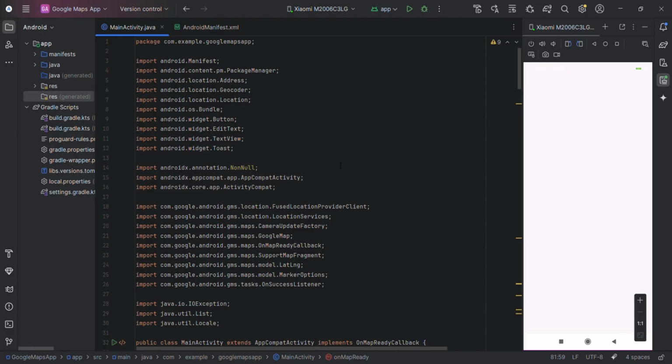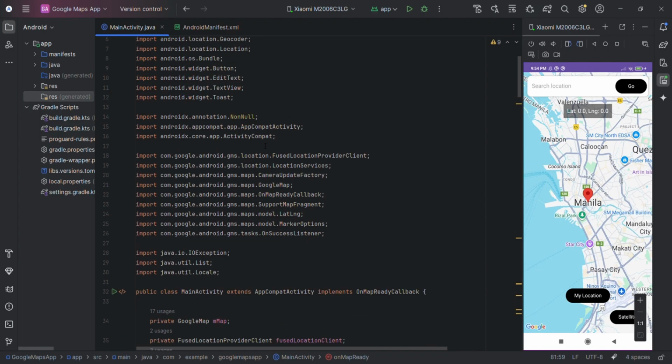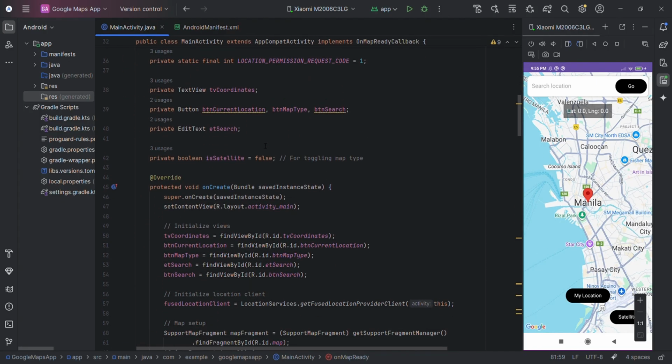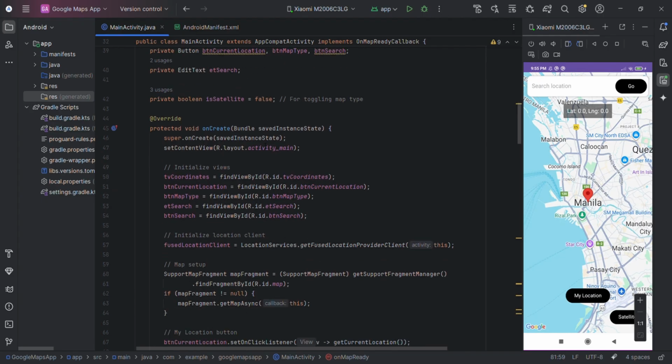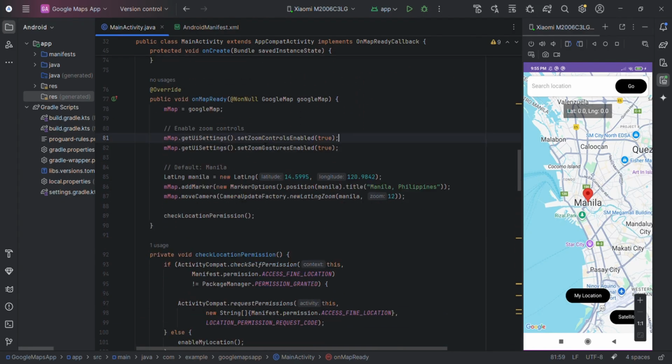To summarize, ACCESS_FINE_LOCATION gives precise GPS location, while ACCESS_COARSE_LOCATION gives approximate location. We need runtime permission to keep users safe and give them control. The Fused Location Provider Client combines multiple sources to get the best location. LatLng represents the geographic coordinates, and we add markers to show points on the map.